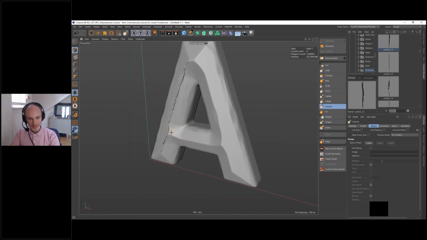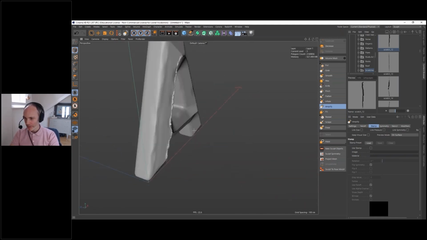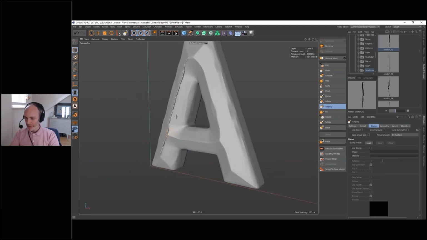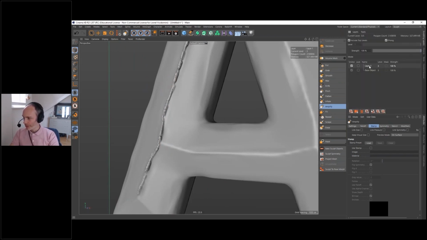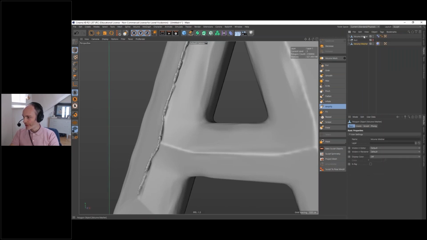So now the interesting part, another interesting part, is how to animate this, how to make it appear along the way here as it's being created. So we're going to use a trick. That's why I had to create a new layer here, because this layer here, I can dial down, you see. I'm going to transform it to a pose morph, to transfer it actually. So this is here, sculpt to pose morph. Let's click. Now, if I go back to the object manager, I now have a new object here, the volume measure. Okay, so we're done with the sculpting.